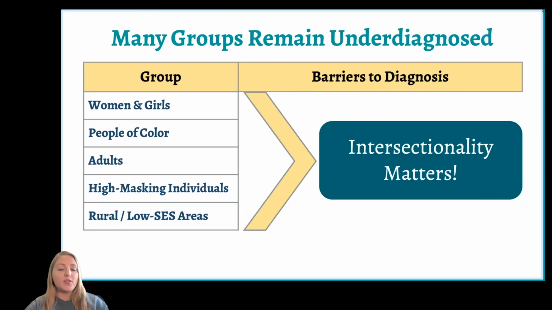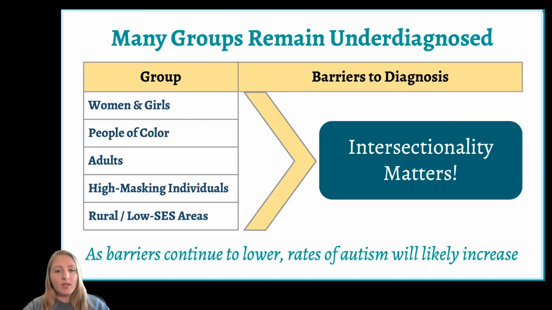It's also important to note that these barriers can overlap and compound on one another in a way that emphasizes their intersectionality. For example, this explains why a woman of color from a rural or low-income background is far, far less likely to get diagnosed than, say, a young white boy with wealthy parents and easy access to specialists. So it's not that the prevalence is genuinely lower in these marginalized groups, it's more that they are less easily able to actually access a diagnosis. And as all these barriers I've mentioned continue to be lowered through better training, broader criteria, and easier access to services, we shouldn't be surprised if the rates of diagnosis continue to rise.